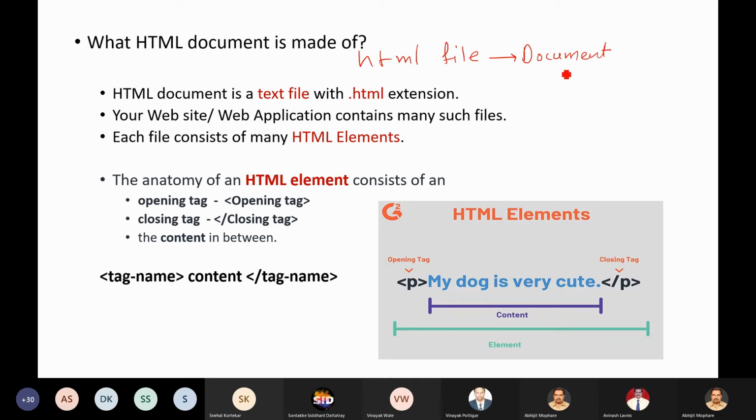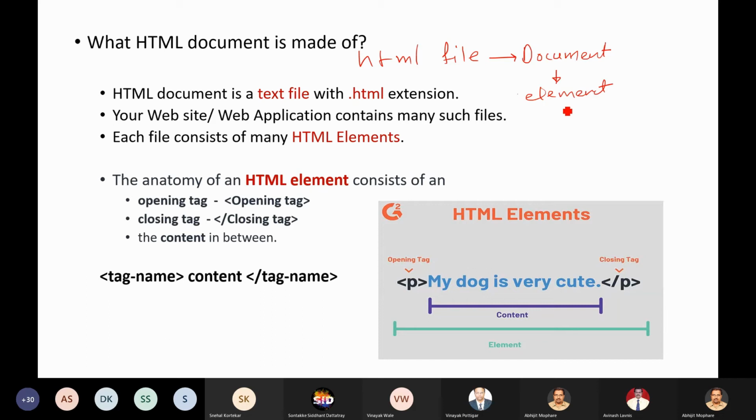So this document is parsed, which also means read, by the web browser, and it understands each and every element of it, and then it processes those elements and shows them on the screen. So every document is made up of HTML elements.